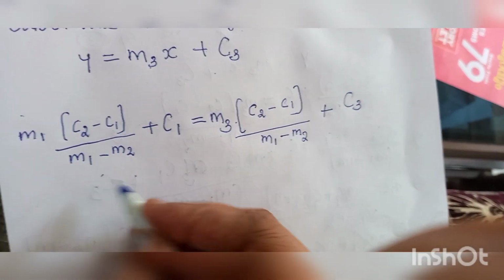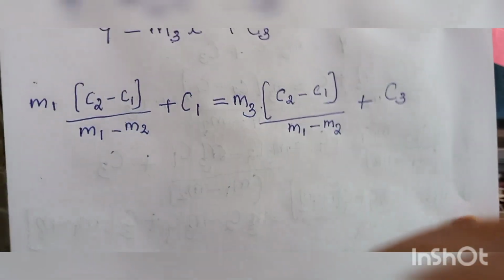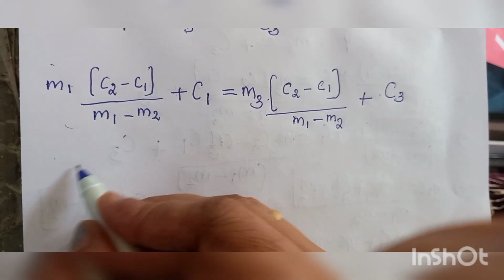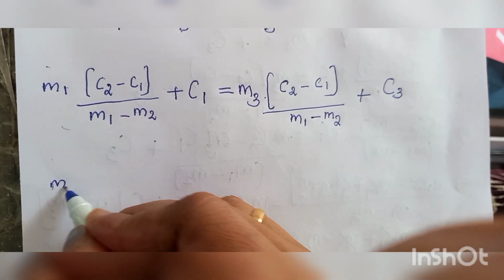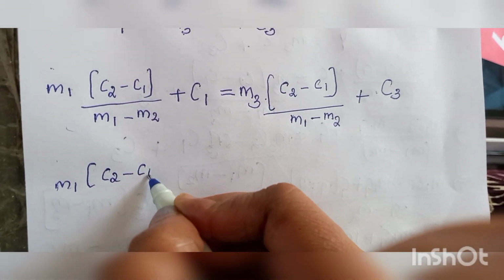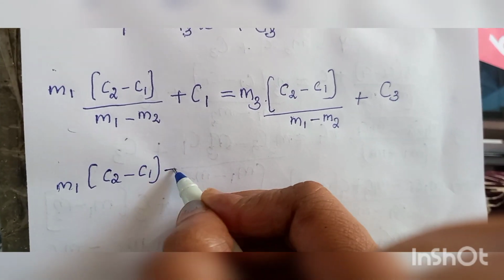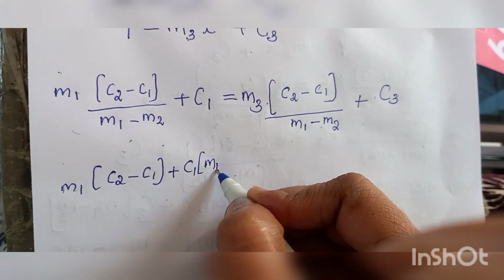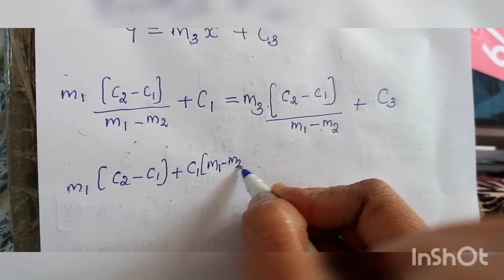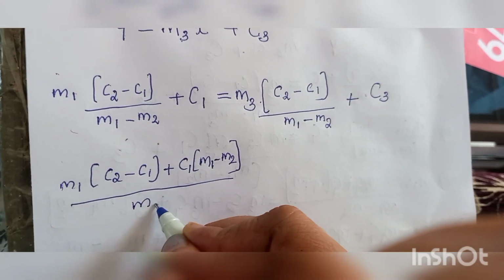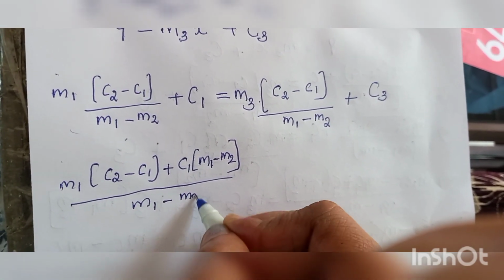Okay, then we have to find the LCM, isn't it? So we get like this, m1(c2 minus c1) plus c1(m1 minus m2) whole divided by (m1 minus m2),